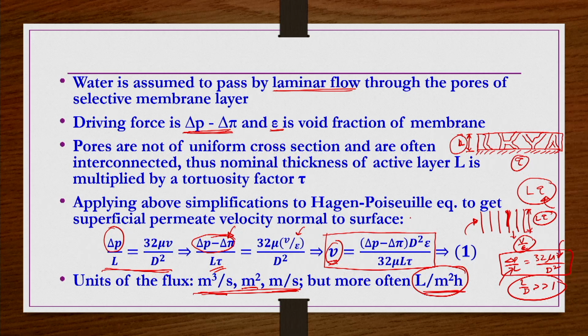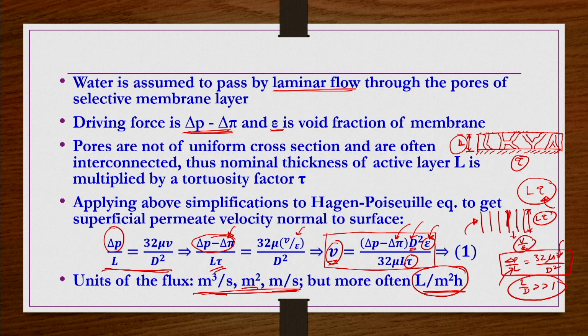Now, if you wanted to use this equation, let us assume you know the solution concentration. Then you can find out the osmotic pressure, that is not a problem. But what about the pores? This membrane has several pores on the surface, and these pores have different cross sections. So, which diameter should you take? That you do not know. And in general, voidage is also very difficult to find out, though you have the facilities now to find it out for a given membrane. It is not readily available, though it can be measured. And then, what is the tortuosity factor? We do not actually know how much it is.